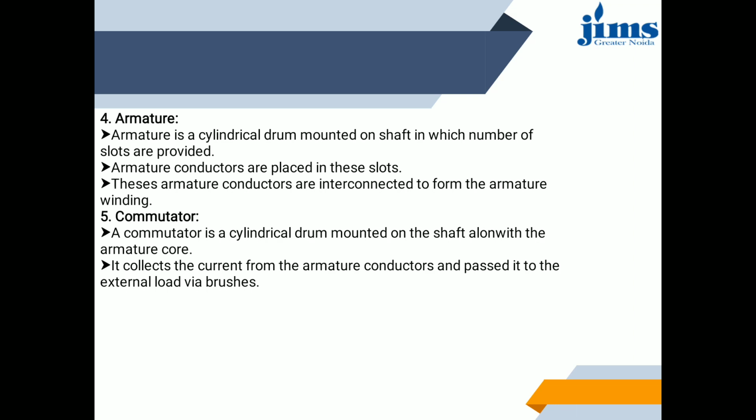Armature. It is the rotating part of a DC machine and is built in a cylindrical or drum shape. The purpose of the armature is to rotate the conductor in the uniform magnetic field. It consists of coils, insulated wire wound around an iron core and so arranged that electric current is induced in this wire when the armature is rotated in the magnetic field.